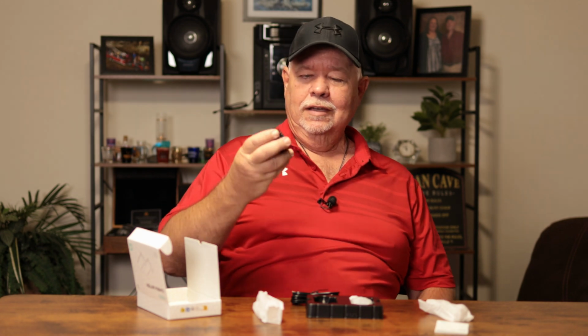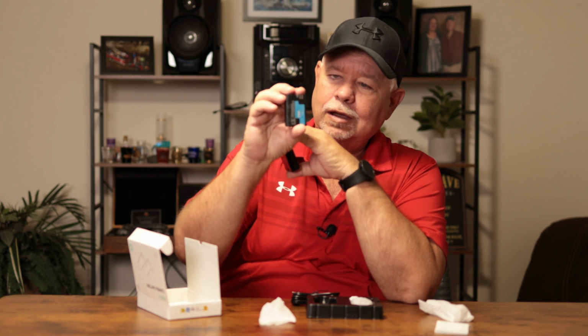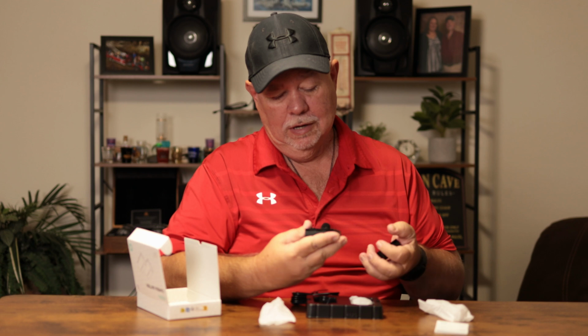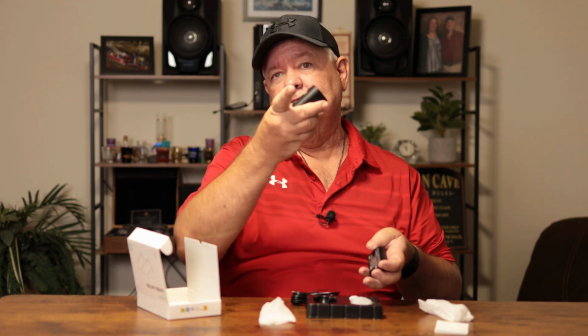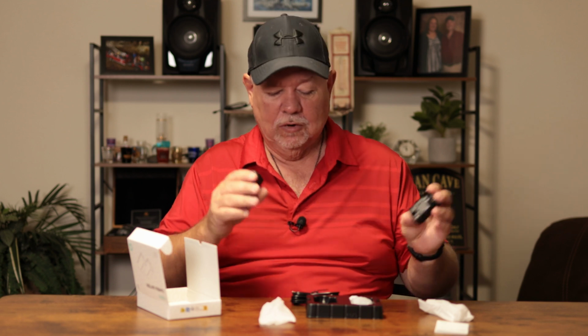Now the Canon battery that came with my camera is 1865 milliamps. These are 2600 milliamps. So it stands to reason they're going to last a little longer than your factory Canon battery, at least on this particular model. Now this one is the Canon LP-E6 because it's the R. The updated one has a different letter after that, but they're the same size batteries and everything works the same,